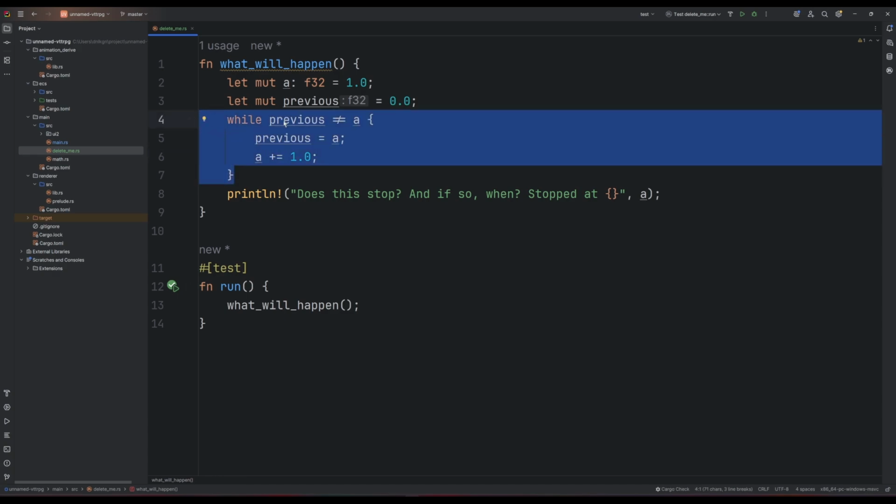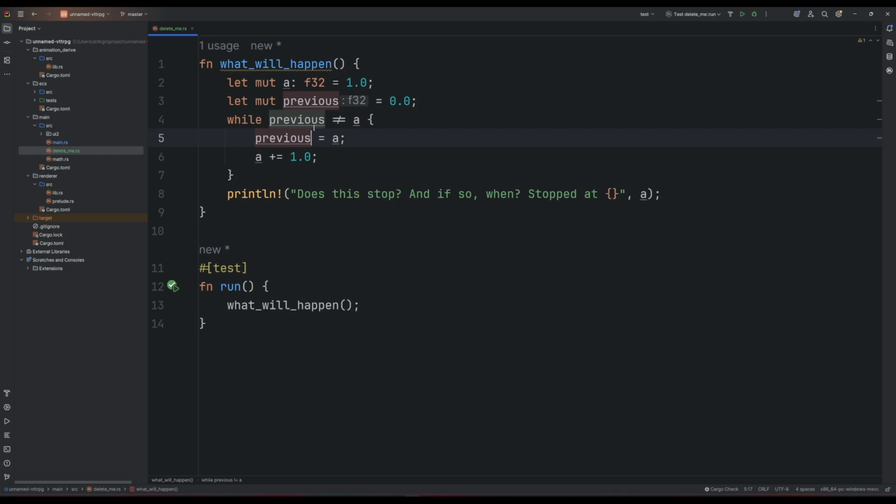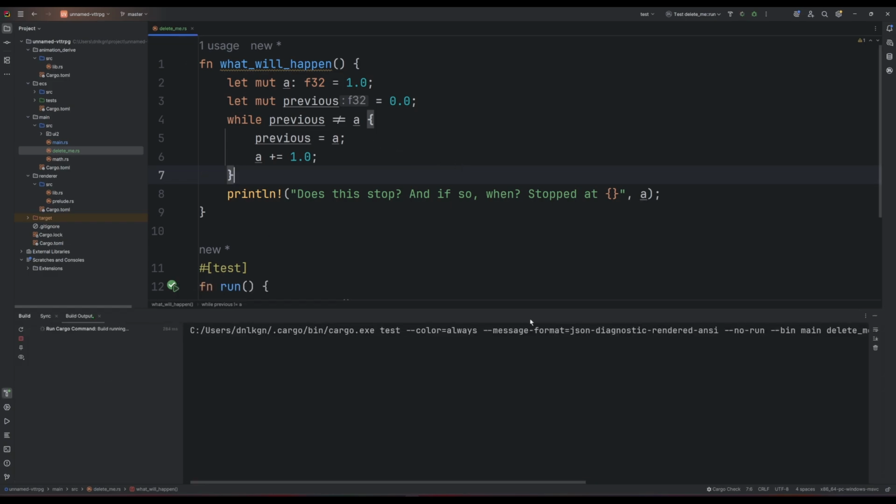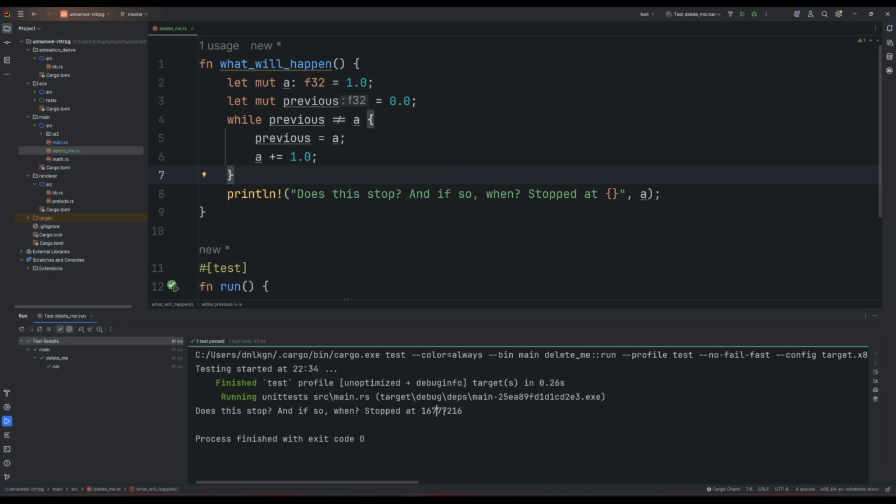Theoretically, this should run either infinitely, or maybe we run into a crash once we overload because we run out of memory, or maybe there's something weird going on with the special numbers. Maybe we run into not a number. Does this stop? Is another question. And if it does, then when does it stop and what value does a have? Well, for us, that's easy to find out. It has the value of